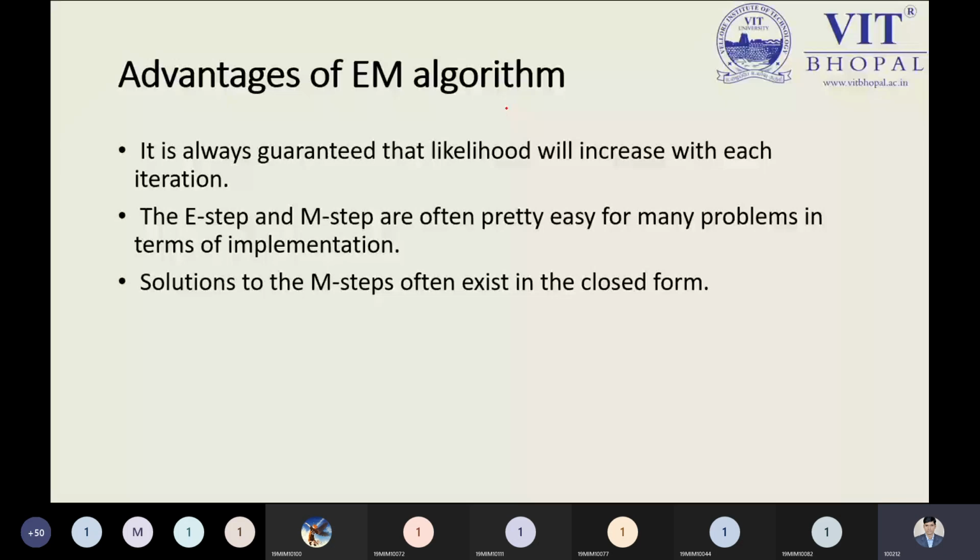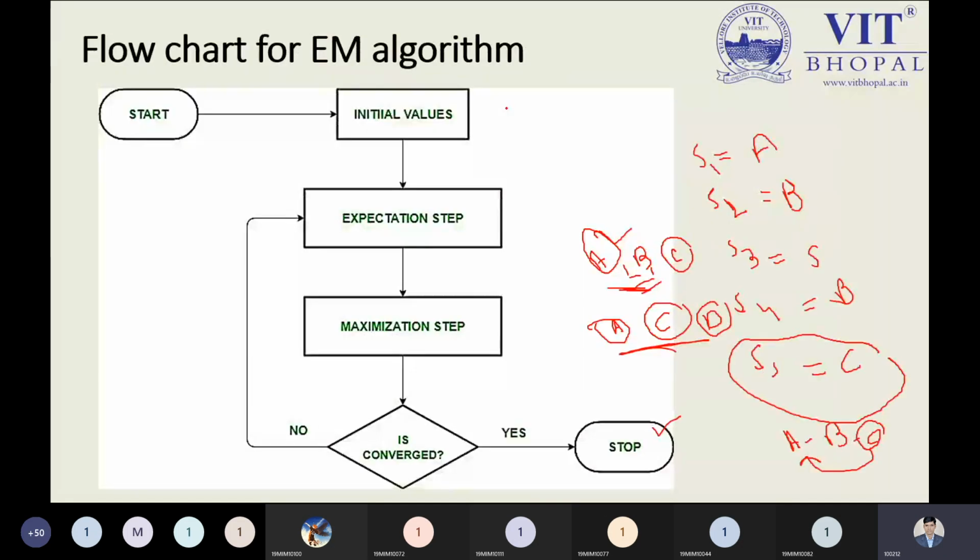And that is the simplest algorithm we have seen so far for understanding purposes, but implementation could be a little bit hard. The solution of the M step often exists in closed form. When we get the result as per our maximization step, it means we have reached convergence. If yes, then we will stop. So this maximization step is close to the exit point. Why? Because when you have achieved the maximum parameters, it means we have achieved convergence. Else we have to move again to the expectation step, and this goes on as an iterative process.